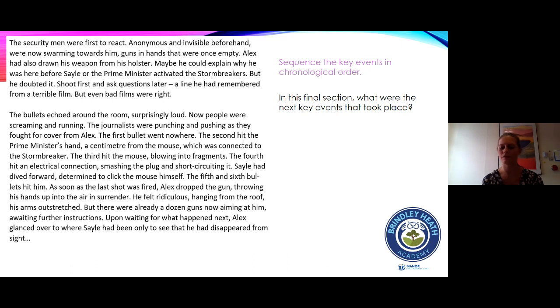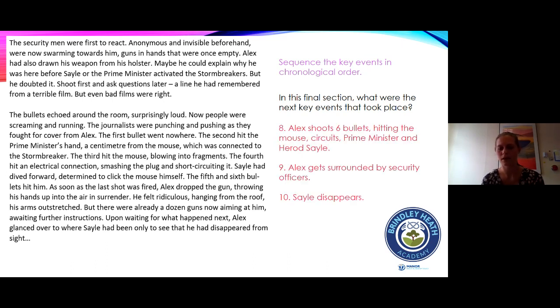Okay, and 5, 4, 3, 2, 1. The 3 that I retrieved were that Alex shot 6 bullets. Whether you've retrieved whether it was 6 or not, it doesn't matter. If you've just put obviously that he shot bullets, that's fine, but he actually hit the mouse, the circuits, the Prime Minister and Herod Sale. The next thing that happened was that Alex got surrounded by the security officers. You may have put that